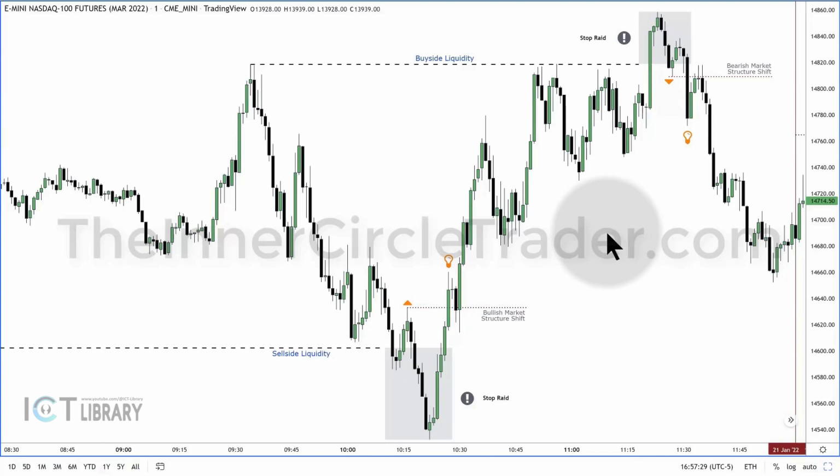Pretty easy, right? The hours of operation, again, are generally between 8:30 in the morning to 11, but it can be extended all the way to New York lunch, noon. I do not tend to take trades after noon local time New York. That hour is usually very problematic, and it's better not to even look for any kind of setups. Wait until 1 o'clock, preferably 1:30 to 4 o'clock, then you've got the afternoon trend. Typically, you'll see between 2 o'clock and 3 o'clock a setup that usually forms in the afternoon trend. That will also offer opportunities, but that's outside the scope of what I'm going to be teaching in this mentorship.